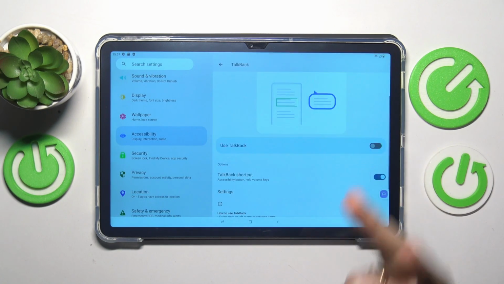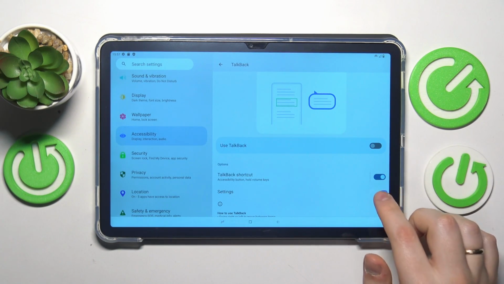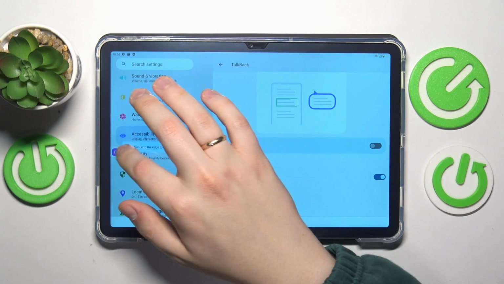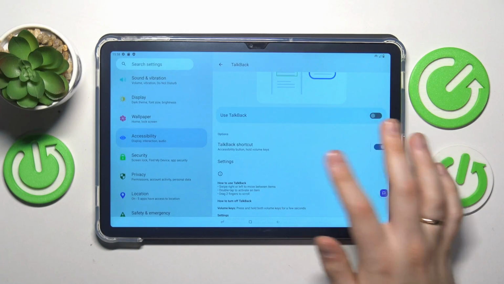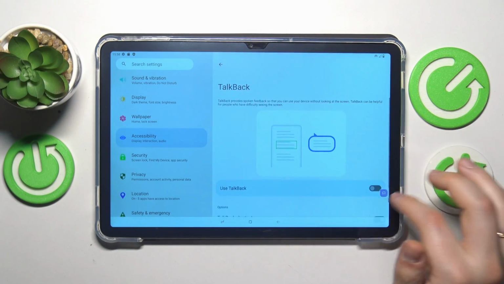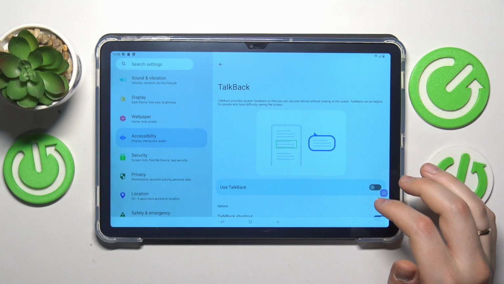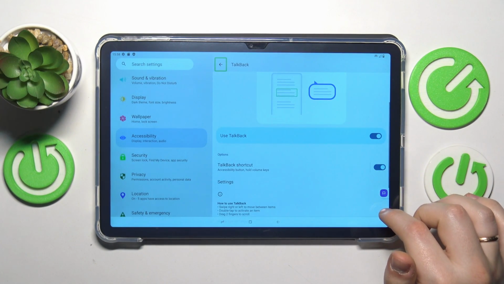So now there are two ways you can enable and disable the Talkback, respectively by using this shortcut here, which you can move around, hide if you want to, just do everything that you want to with it. Just go into settings and change those preferences to match your needs. Now you can tap at this shortcut to enable